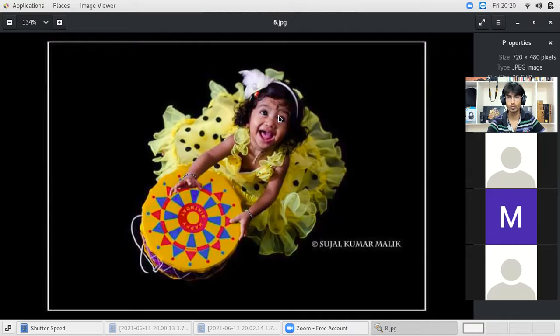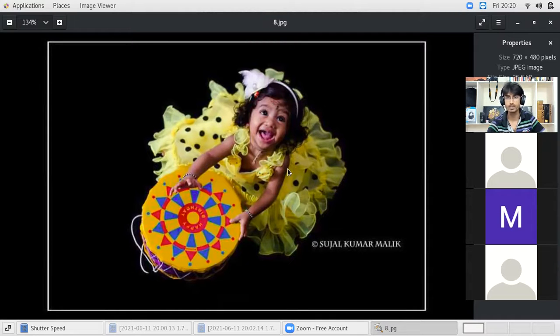So what we have to do, we have to select a very fast shutter speed. In this case, 1/250 second is used as a shutter speed. So what we are getting? We are getting a crystal clear photo of the kid. So similar situation where the subject is moving, we have to go for a faster shutter speed.